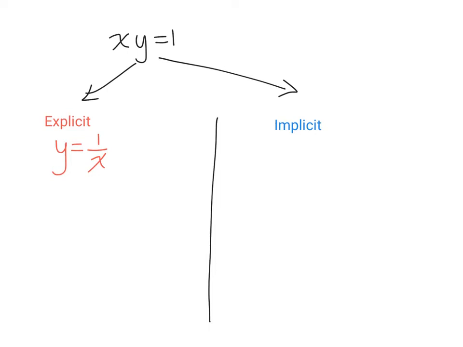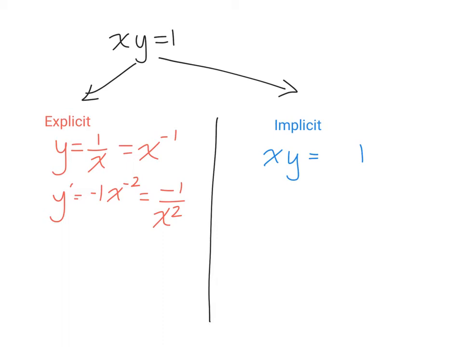Now to take the derivative of this, I might want to change this first into x to the negative 1. Now the derivative, it's a power rule, would be equal to negative 1 times x to the negative 2, and I could rewrite that as negative 1 divided by x squared. Nice and easy. To take the derivative of an implicit function, I want to take the derivative of both sides,